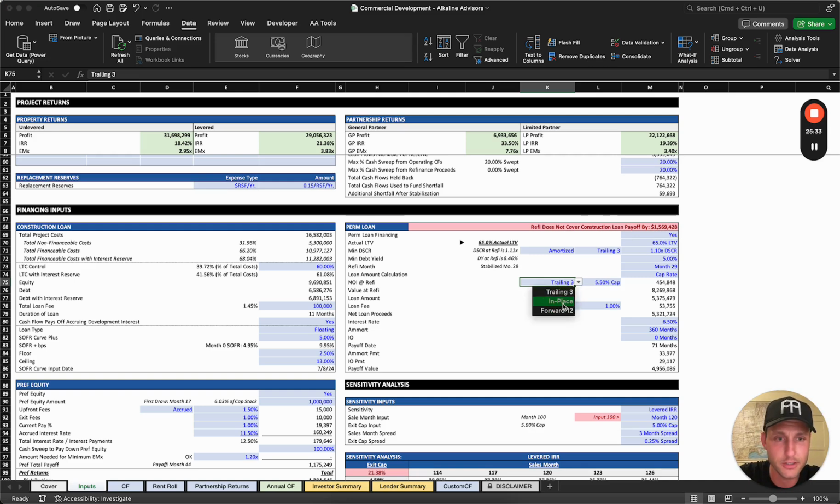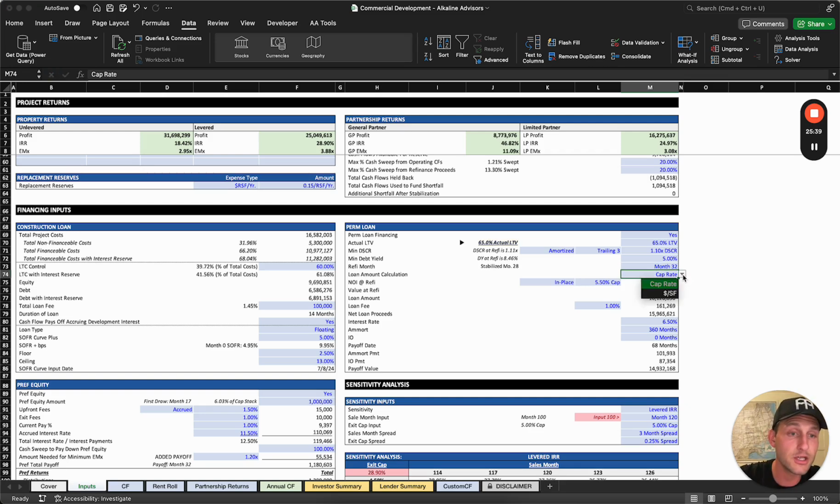But let's actually move this to in place again, and let's make this month 32. Great. We can actually choose how we're valuing the asset. We can say it's going to be based off of cap rate at that cap, or if we do dollar per square foot, you can choose what the value is based off of X dollar per square foot. And that is just another way of potentially valuing the asset if you want to see it a little differently at refi. You can choose the interest rate, the amortization period, and then any interest only period, and also any loan fee. Now, for the sizing functionality, right now we're saying, given the fact that we're refinancing in month 32,